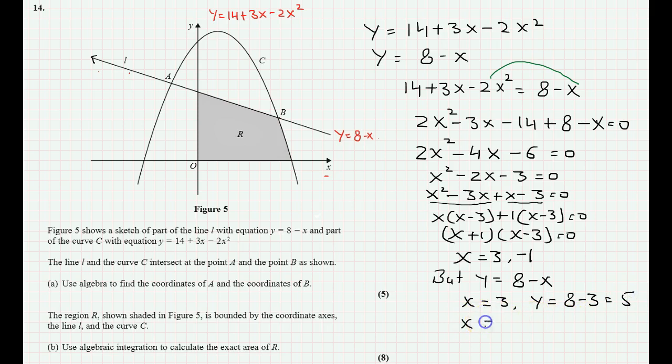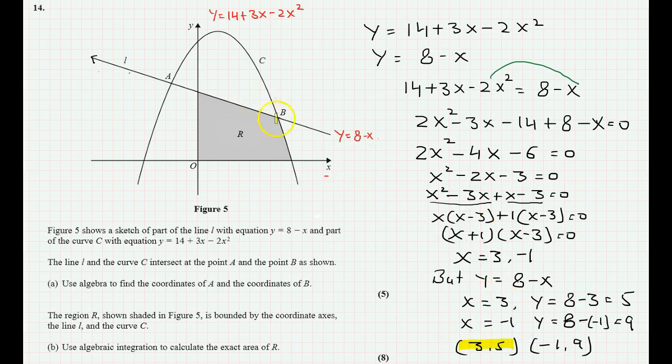And when x is equal to minus 1, y will be 8 minus minus 1, that is 9. So our points are 3 and 5 and minus 1, 9. So this is the coordinate of A and the coordinate of B,